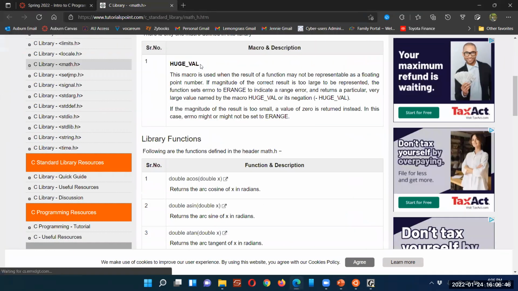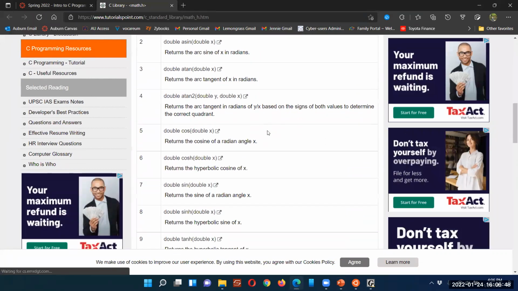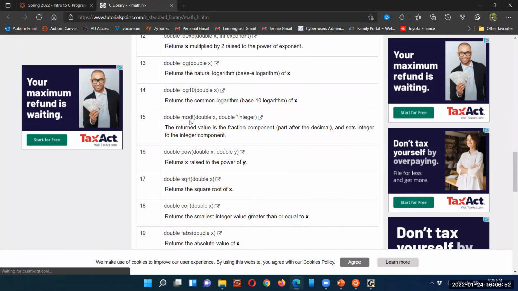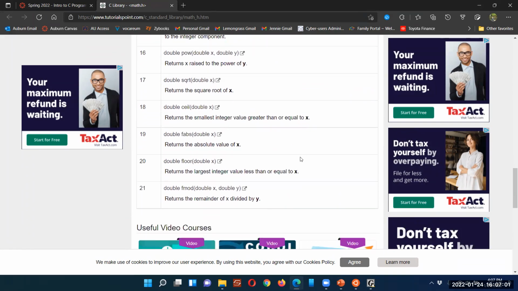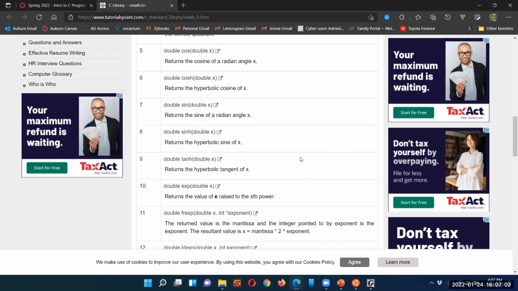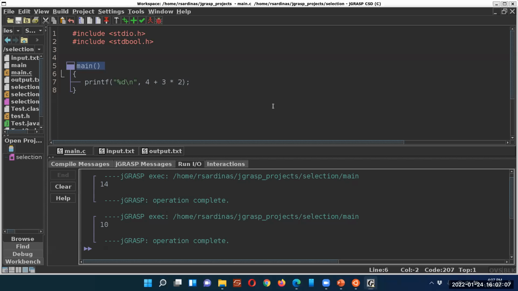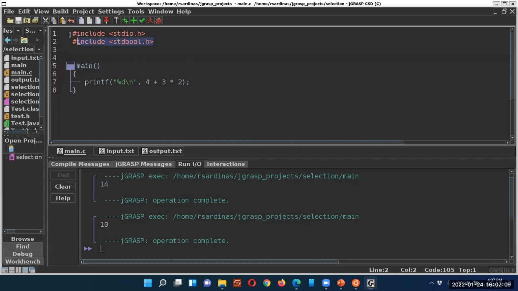There are many functions you can do: a cosine, a sine, a tan, exponentiation, log of something, mod float. So mod is for whole numbers. If you want to use mod for floating point numbers, you would use this function that's in the math library. But you can see there are 21 functions defined in this file, and you could include